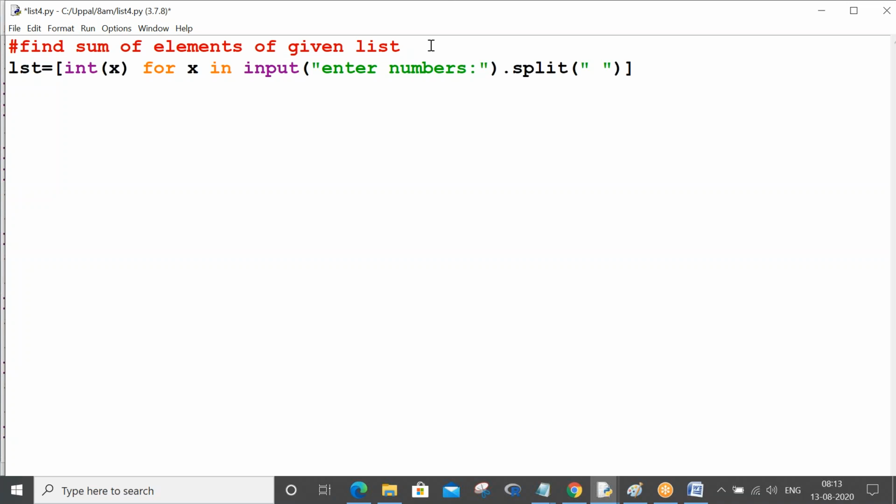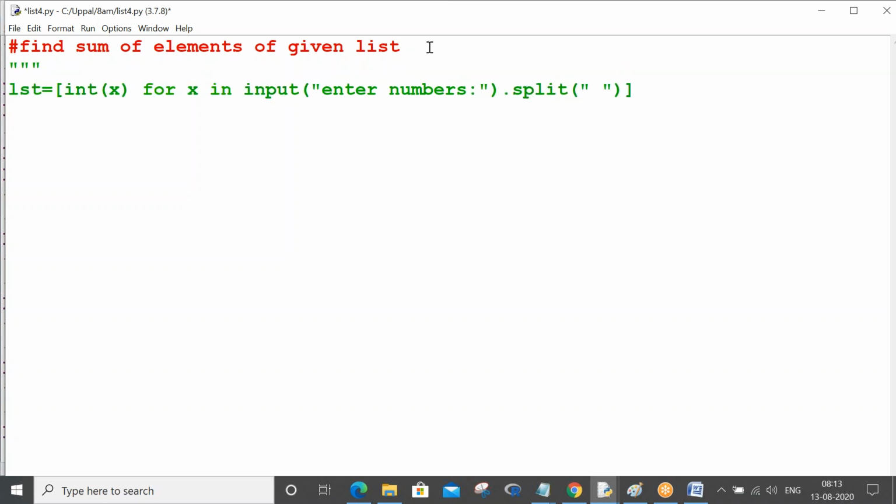So how will the end user get to know you are giving the split as space? You have to give a docstring. Okay, you have to say that while the end user gives elements, the separator must be space.